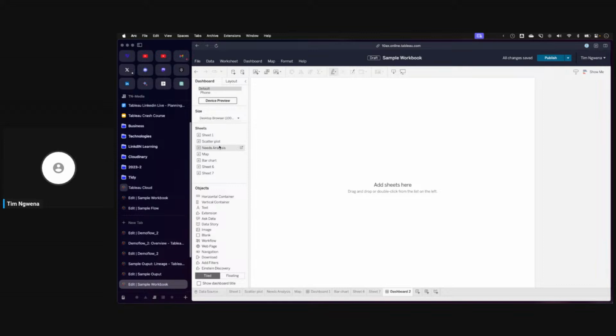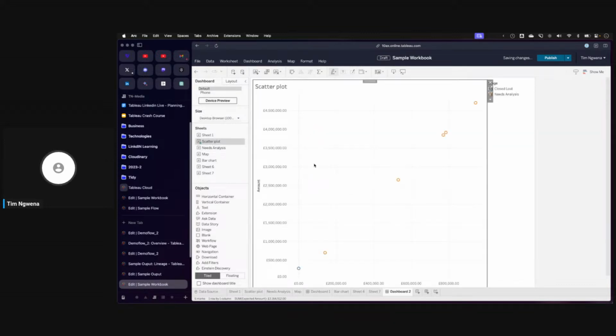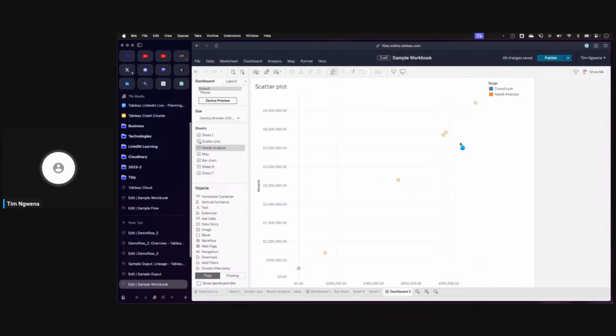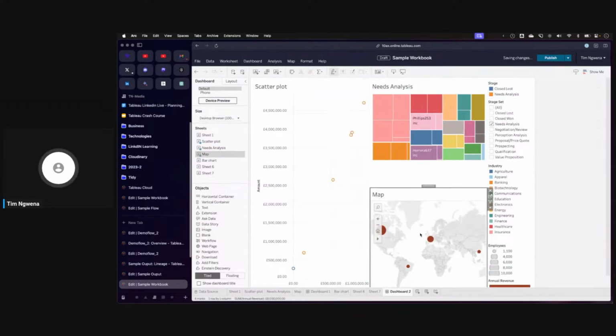Because they're a little bit better looking and they're nicer. So I'll bring my scatter plot, which shows me a little bit about the different opportunities that need analysis. I'll bring this chart, which shows me the same tree map that we were just looking at. And then lastly, I'll bring a map, and I want to put this on the bottom just here for now. And this visually shows me the different locations around the world where these opportunities are playing